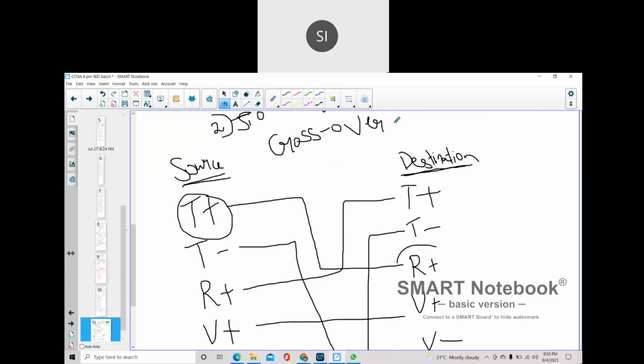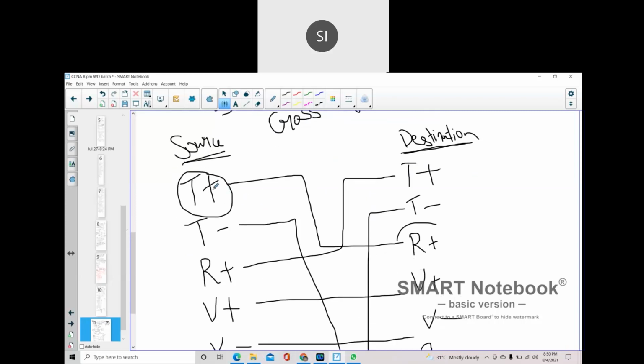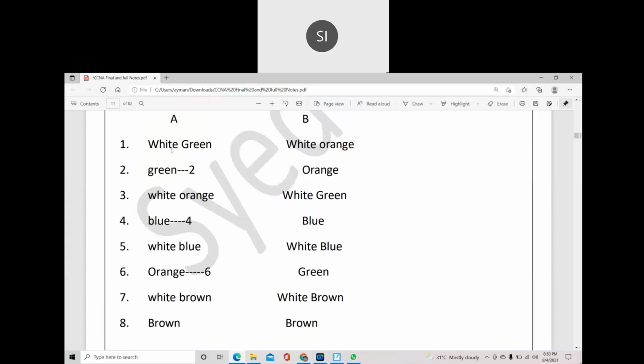What does a crossover cable mean? Both ends will have different color coding. Here I am putting white-green, and in the third I will get white-green.